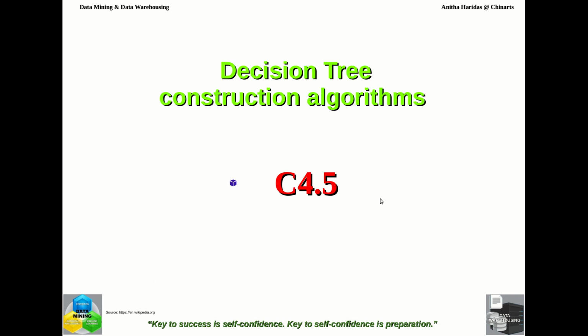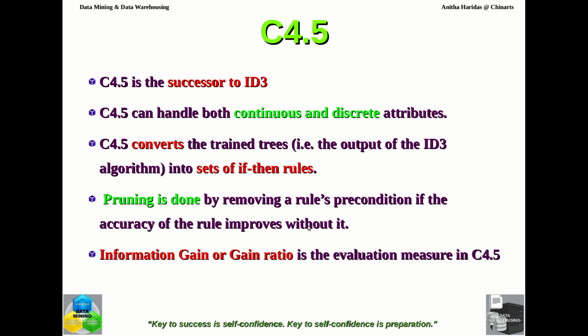Another decision tree construction algorithm is C4.5, and C4.5 is actually the successor of ID3, right? So the advanced version of ID3, we can say. It can handle both continuous and discrete attributes. Both the attributes can be handled by this algorithm, and this algorithm converts the trained trees. Trained trees, what I mean here is the output of the ID3 algorithm. So if you have output of the ID3 algorithm, that can be given to the C4.5 algorithm, and it will convert